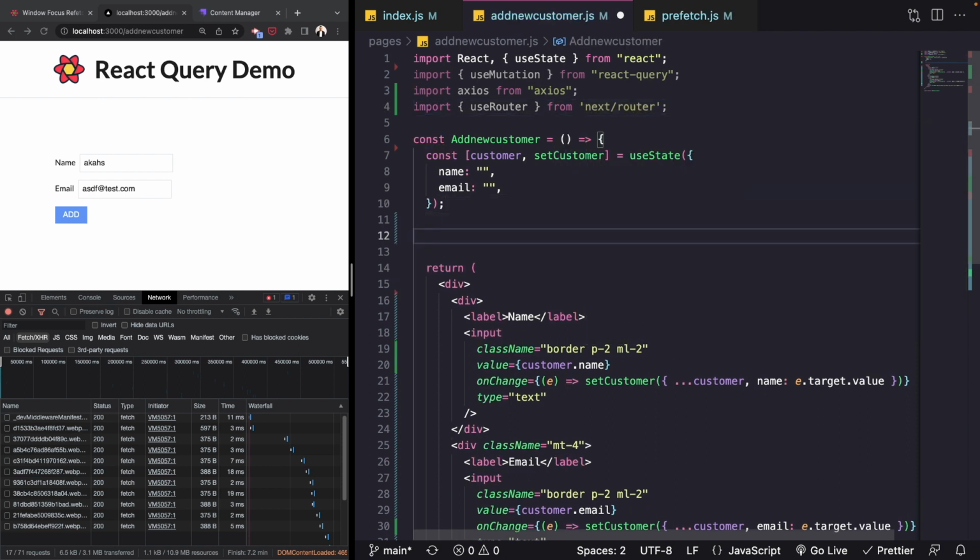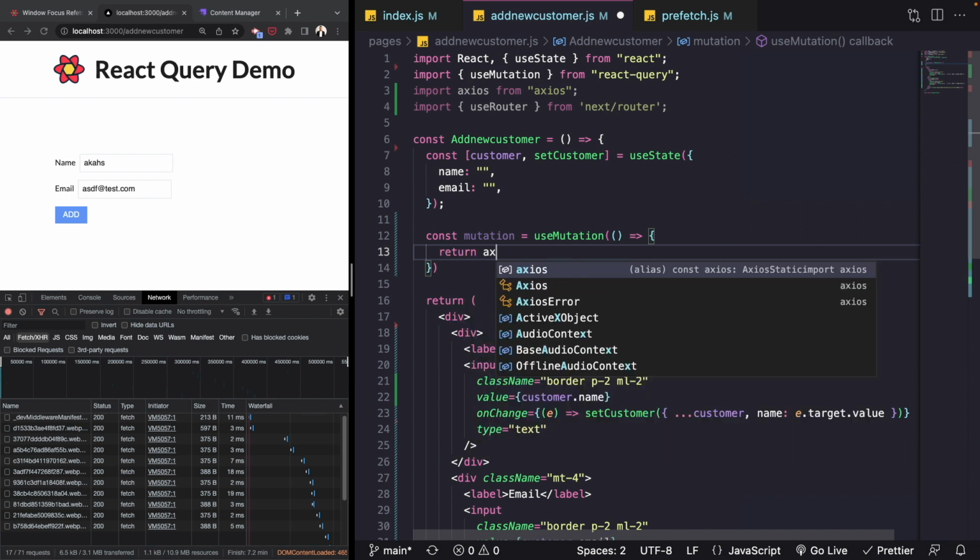Okay, cool. So the first thing that we want to do is initiate the useMutation hook. Now the useMutation hook will only take two arguments. The first is the function that will return the promise, similar to useQuery, and the second is any additional configuration you want specifically for this useMutation. So let's pass that function,